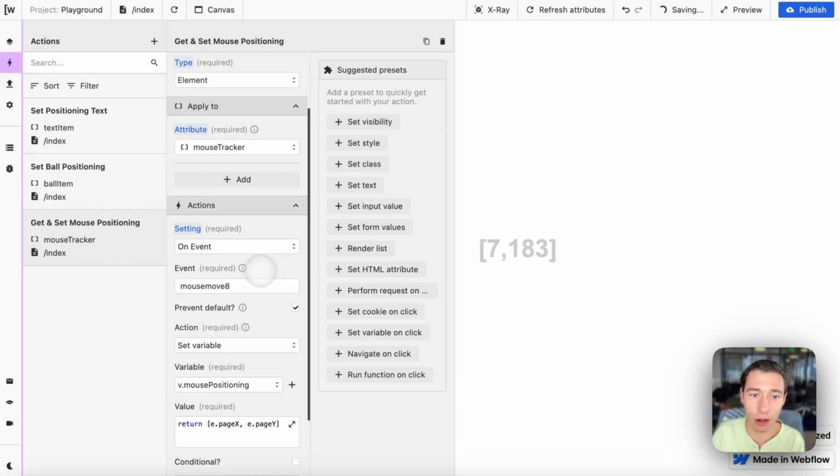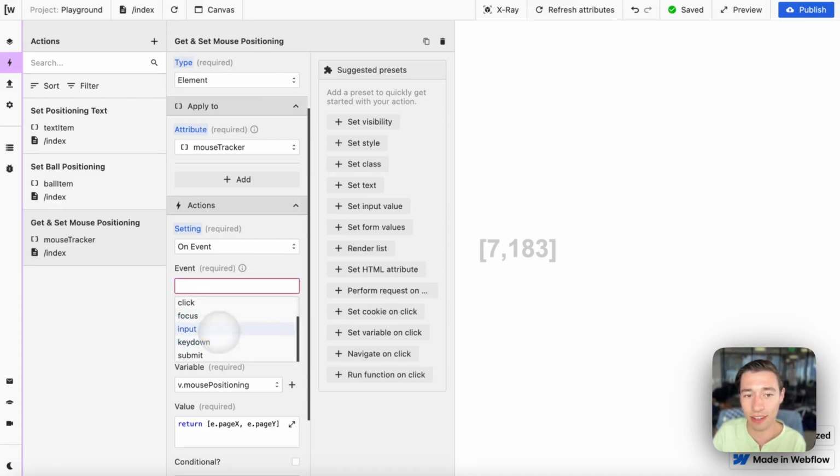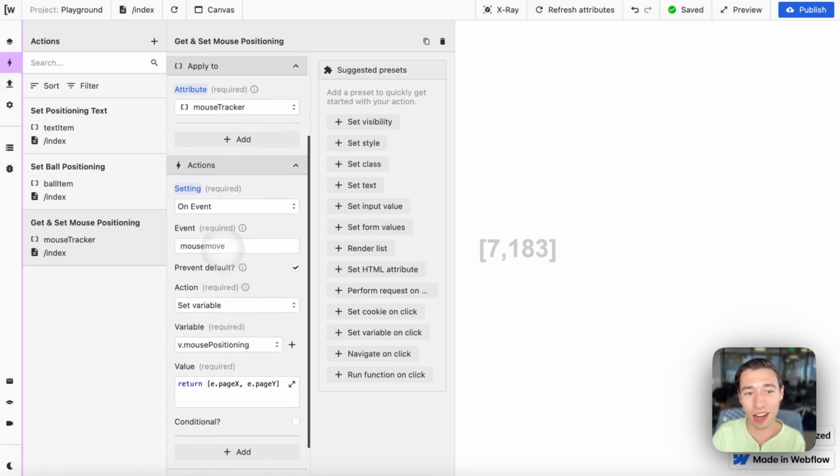You cannot do like mouse over 8 because that will not work. That's not anything with JavaScript. But every possible JavaScript event can be added in this field and it will work with it. So you don't have to only choose from those options in here. You can just simply add that, and ChatGPT can help you figure out the right names for whatever you try to do with it. But yeah, I didn't know this. This is super powerful. But now we're just on event, on mouse move,